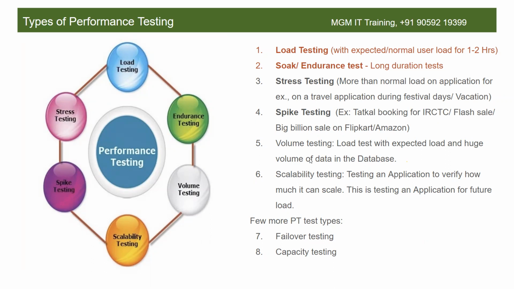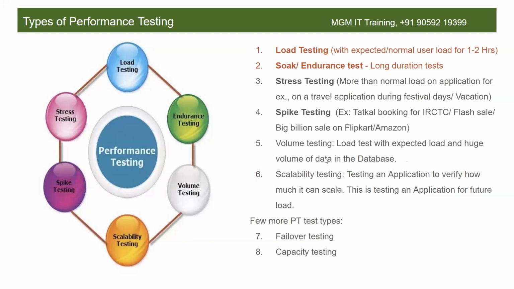Initially, when there is a low volume of data, a low number of records in the database, your application should be performing faster. But as the database volume grows, as the number of transactions in the database grows, it may not show the same performance as before, when there was less volume in the database.